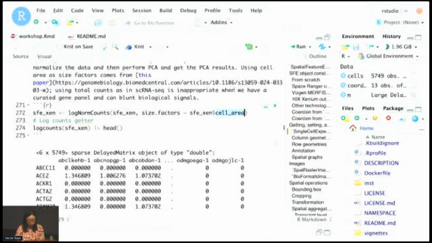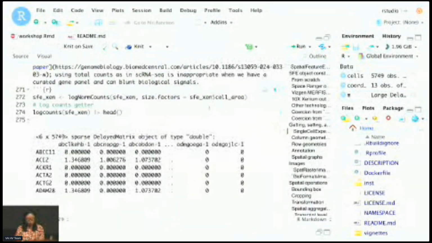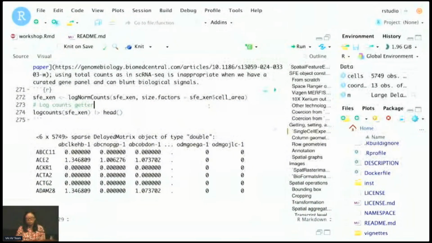I linked to a paper here about this problem for imaging-based technologies with a curated gene panel. But actually, this is an open question, and I think studies are emerging about this. Recently, I also saw a paper that tries to model the spatial autocorrelation when it comes to data normalization. Okay, awesome. Thank you.